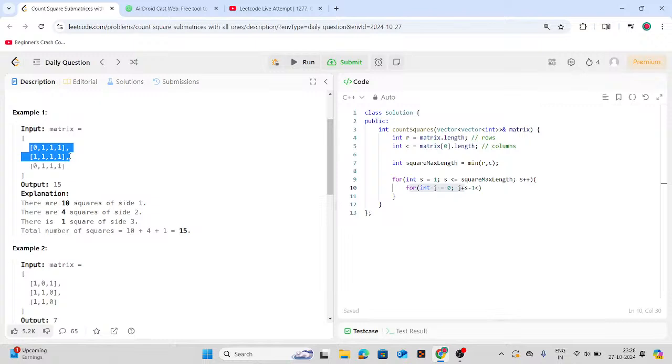And that is not correct. Basically, you then need to do a -1 in order to avoid the index out of range error. Okay, so we did j plus s, and 0 plus 1 will take you to the square of